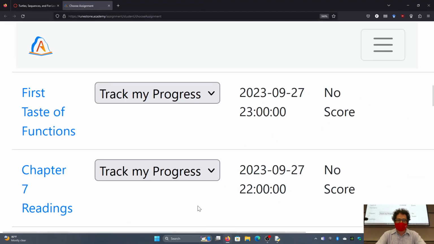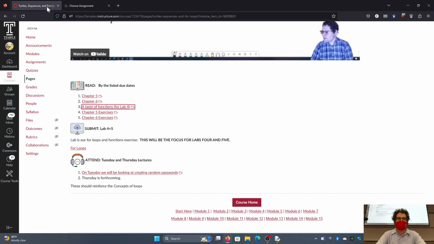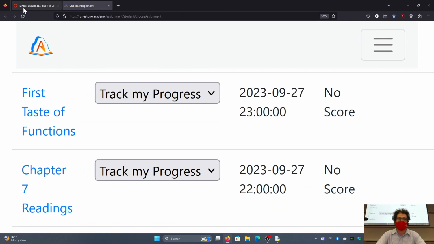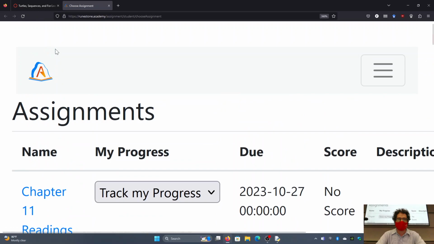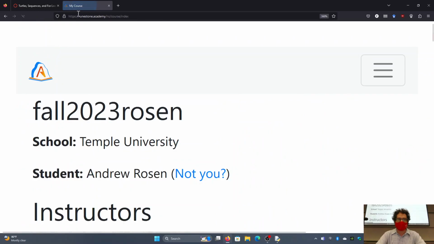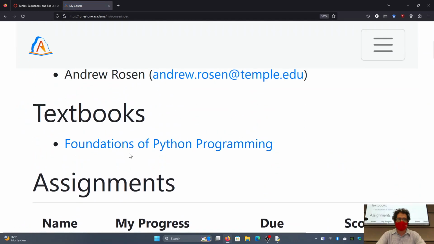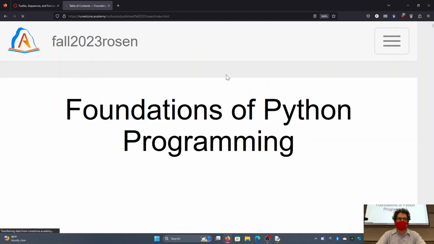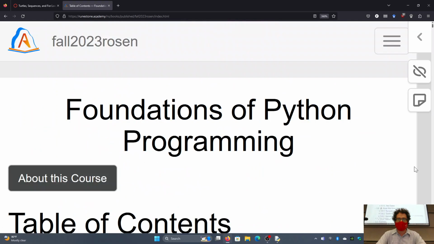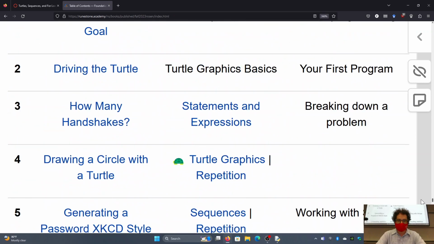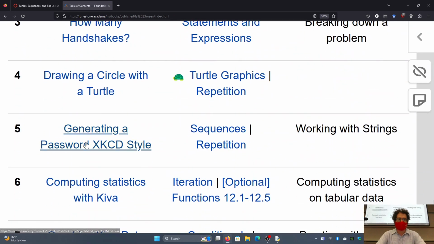All right. So with that, we are going to go ahead and work on our current exercise. So once again, open up Runestone, go all the way down to the bottom to Project 5, generating a password Xkcd style.